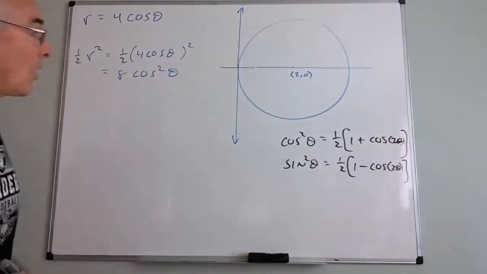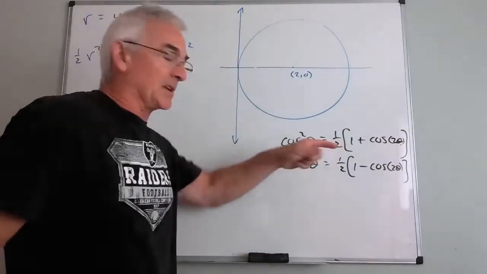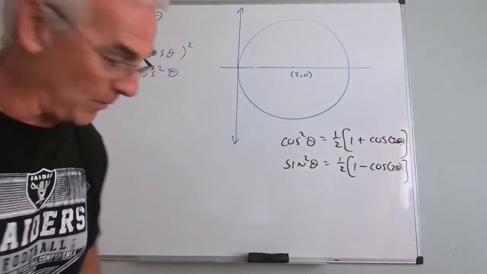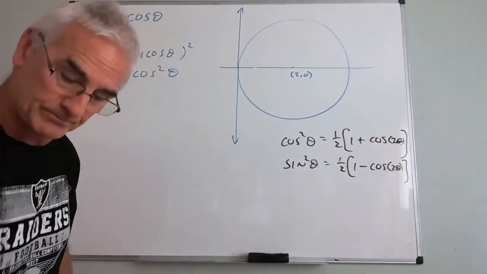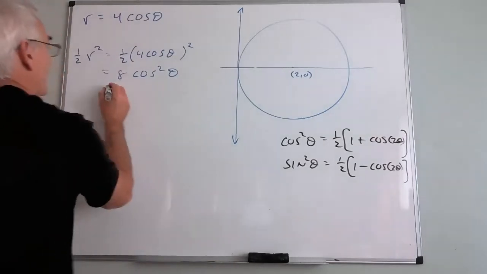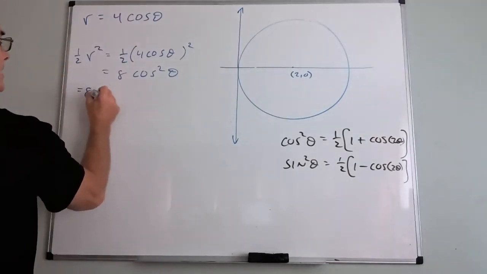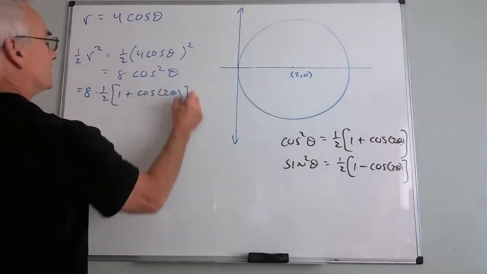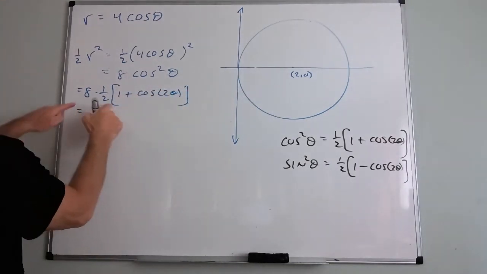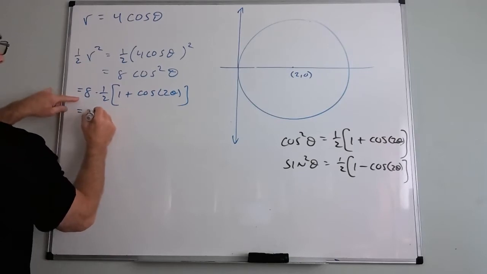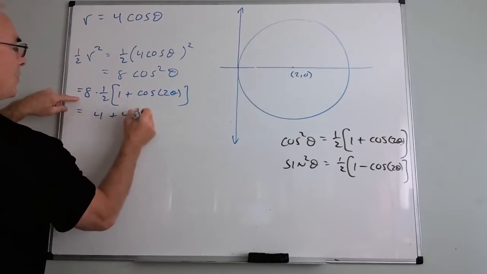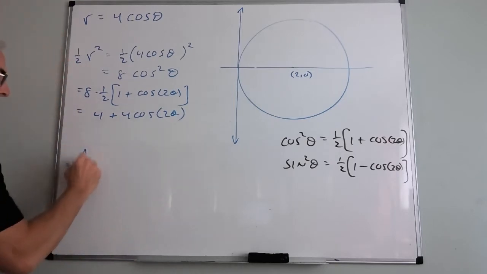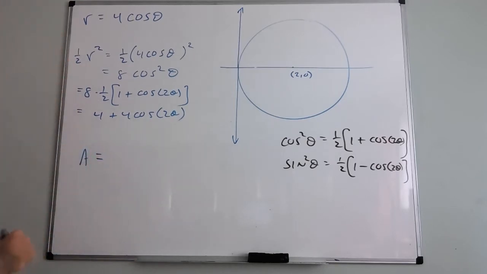Okay, so I need to change this to this because, again, I can integrate cosine of 2 theta. I can't integrate cos squared, not without that substitution. So this will become 8 times 1/2 times (1 plus cosine of 2 theta), and I'll go ahead and distribute. So that will be 4 plus 4 cos 2 theta. I can now say my area equals,